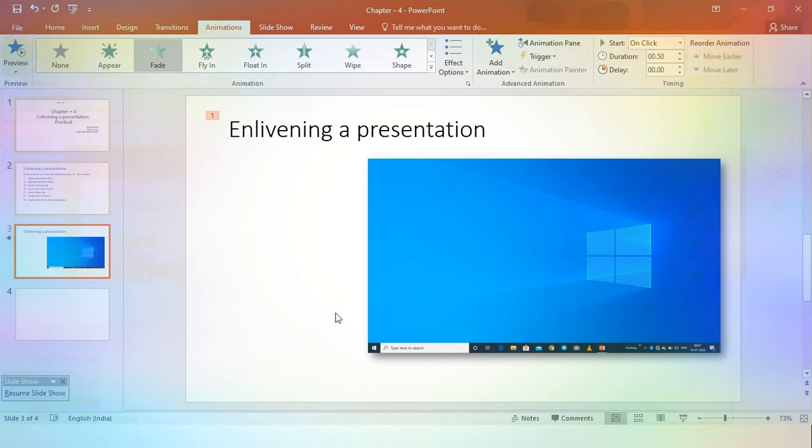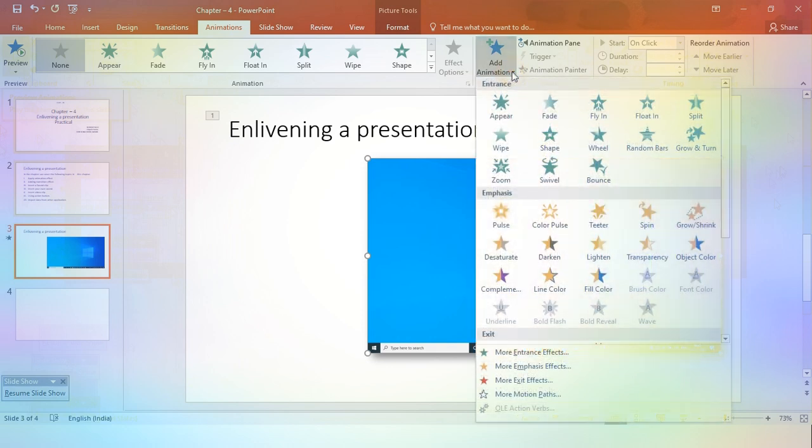Now once again, apply another animation to this particular picture. First, select it, go through the advanced animation group, then Add Animation, and suppose we choose Fly In.